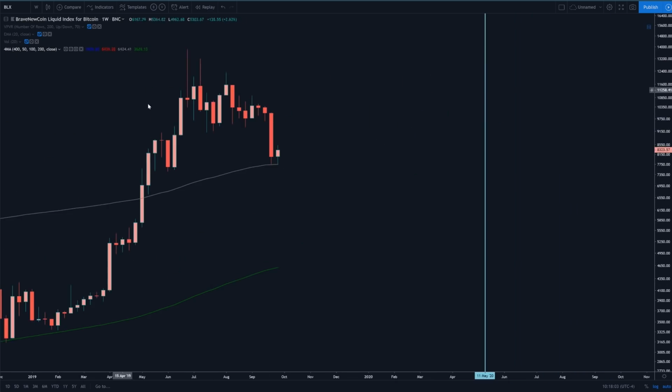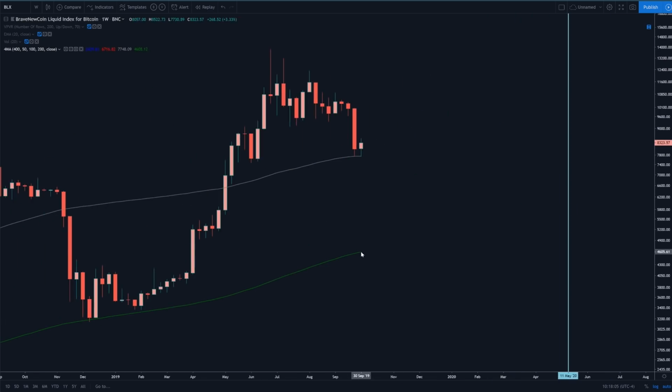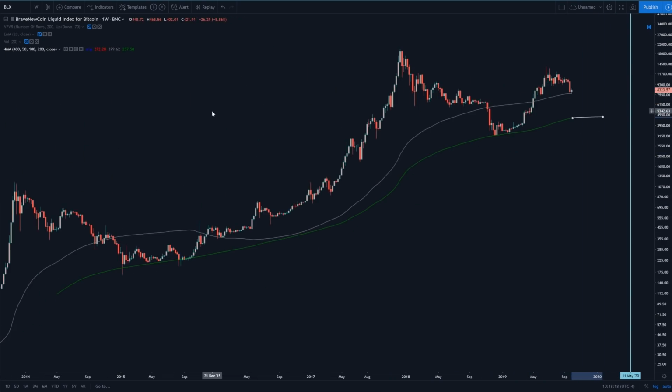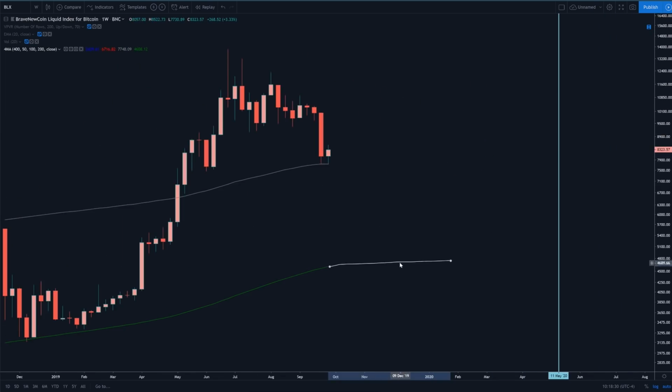So if Bitcoin does crash, it's most likely, in my opinion, that it will crash all the way down to $4,600, $4,700, wherever this moving average is at the time, and garner support there. And the reason that's significant, guys, is because when you're out on the weekly chart, it's actually much easier to find where the bottoms are going to be because there's not as much technical analysis going on. There's not people looking at 20 different types of moving averages and 20 different types of indicators. There's only a couple of them that we're actually looking at, and the 200 weekly moving average is one that most people are looking at. So worst case scenario, if we fall below the 100, we're probably coming back down to the 200. So let's discuss what happens from there.